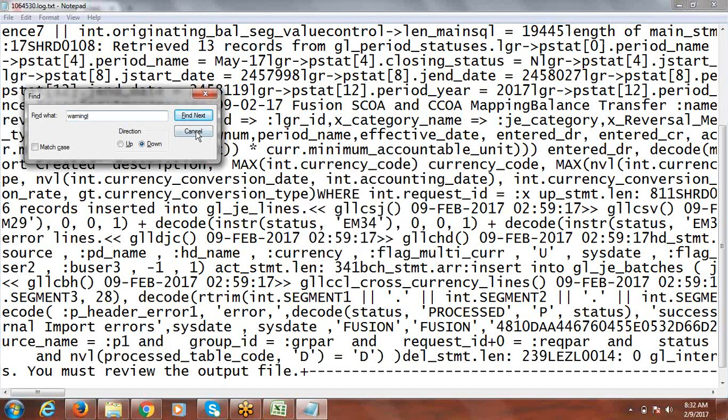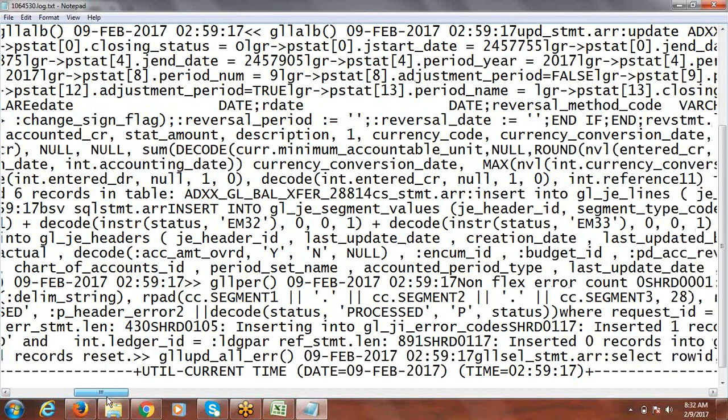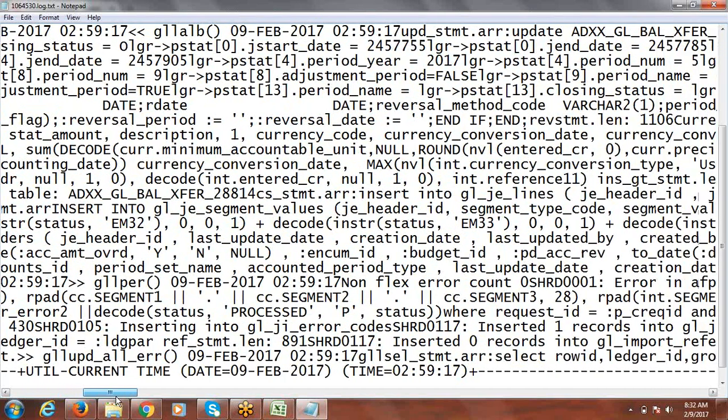Let's see. I hope that is the case now. Okay, see something here, must be with the output file. Current date is 9th Feb.